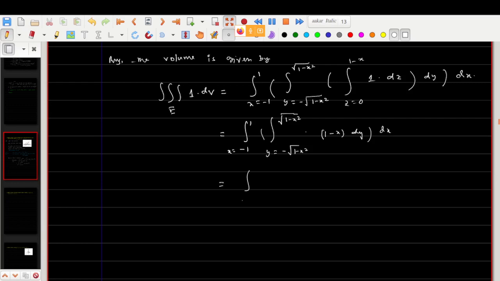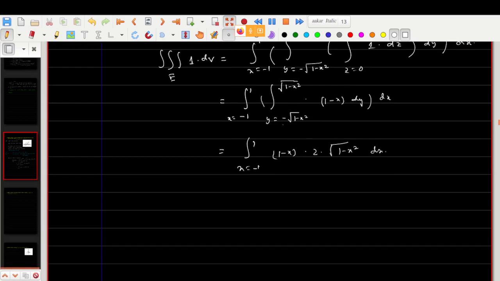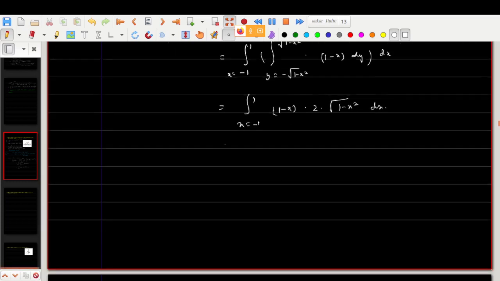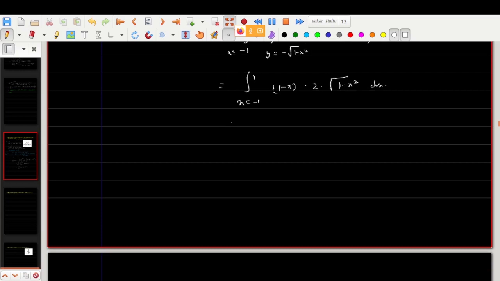Then again we need to integrate x equals minus 1 to 1. So the first one will be y, and the integration of 1 minus x, with y from minus root over 1 minus x square to root over 1 minus x square, dx. Fine, because it will be y, and the negative and negative will be positive. There will be two quantities. So now this is actually equal to